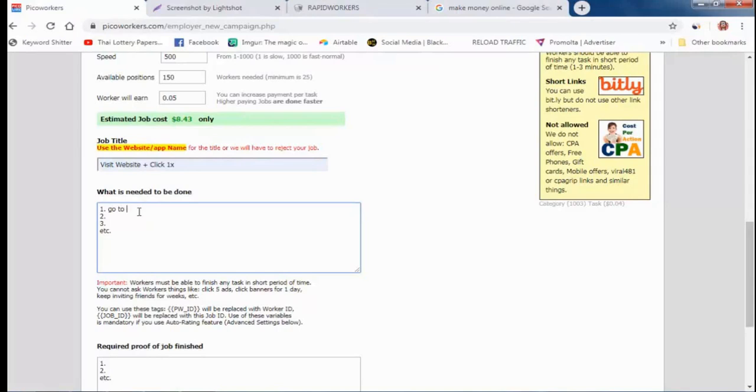Go to Google and search make money online without quotes. Okay, this is your first line. Go to Google and search make money online like this, without quote.